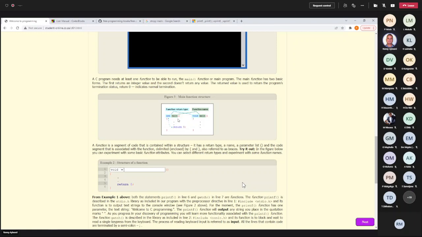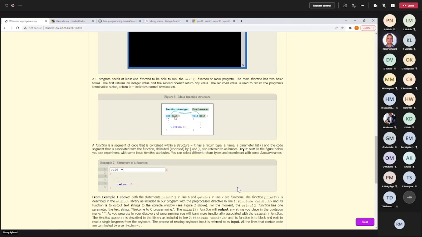So these are the types of program structures. And what it means is that this is the main function. This is how the microprocessor knows that it should start at this point. So it indicates the beginning of my program, and it says, this is the program that you should execute.